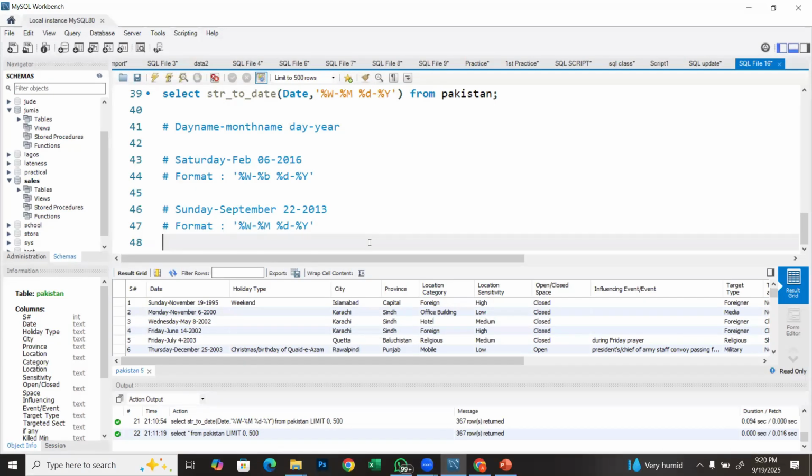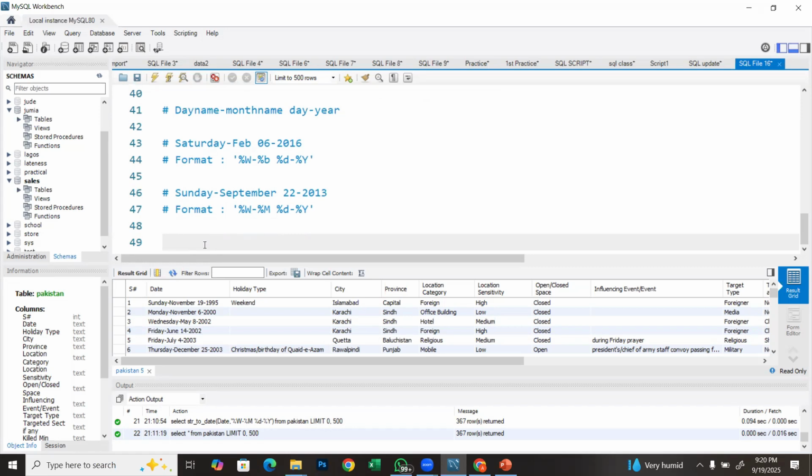Do you understand? So in a situation whereby this does not work, try this. And if this does not work, try this. Do you understand? So now that we have two formats here, we can now use it. Select coalesce,